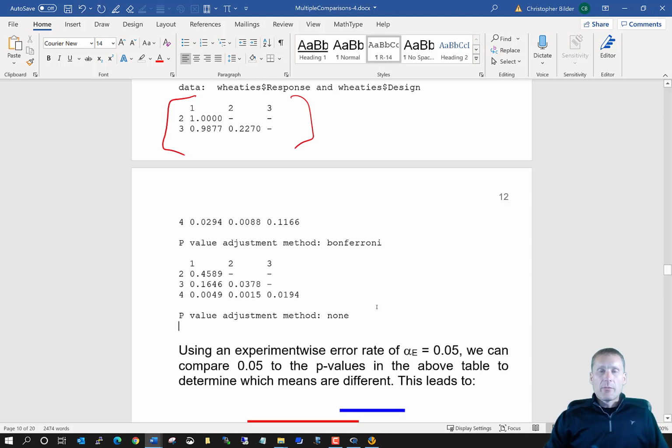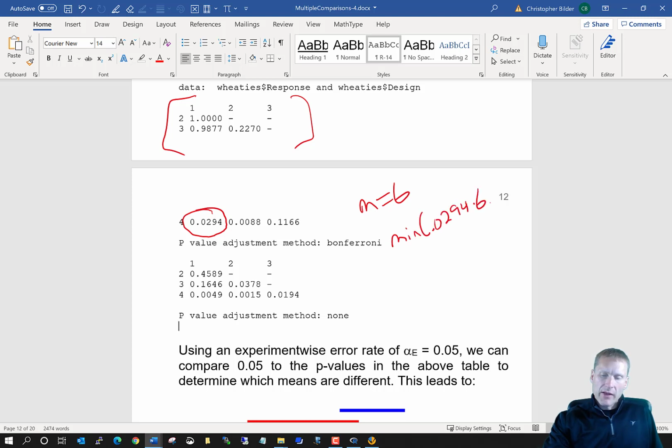Okay, so on the bottom we have from Fisher's protected LSD. The top we have these Bonferroni corrected p-values or adjusted p-values, you could say. So let's take a look at, let's say, we'll compare 1 to 4. Okay, now remember there are 6 different comparisons. So if I find the minimum of